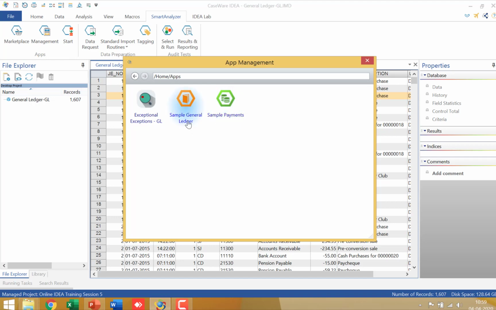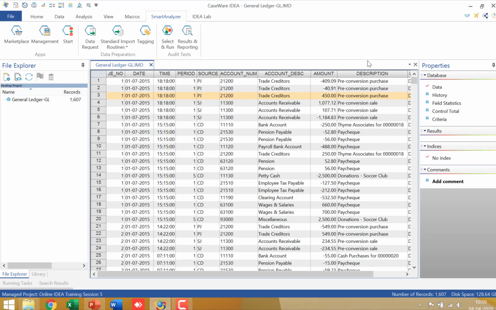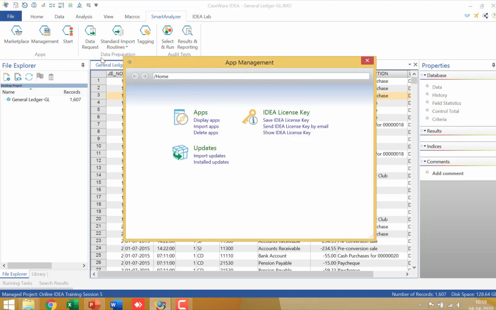So I'm going to click on sample general ledger, and it gives me a write-up. You can see this on the app. So it talks about what the app does, what it helps you identify. This information is available within the sample general ledger. Now what I'm going to do, and I think this is a very important part, is I am just going to click on management,